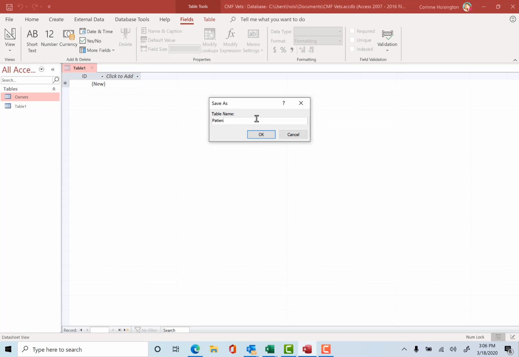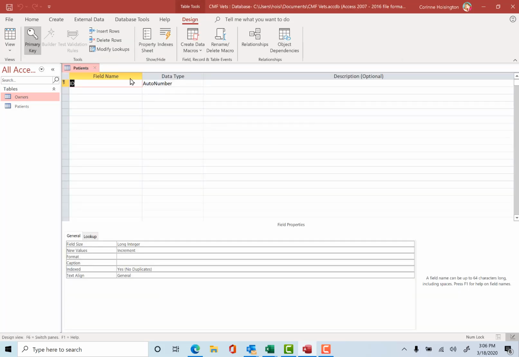I'm going to call this the patients. Our patients, once again, for the vet is the dogs and the cats. Hit OK. And I'm actually going to set it up back here. It doesn't really matter where you set this up. So in other words, I'm going to type in patient